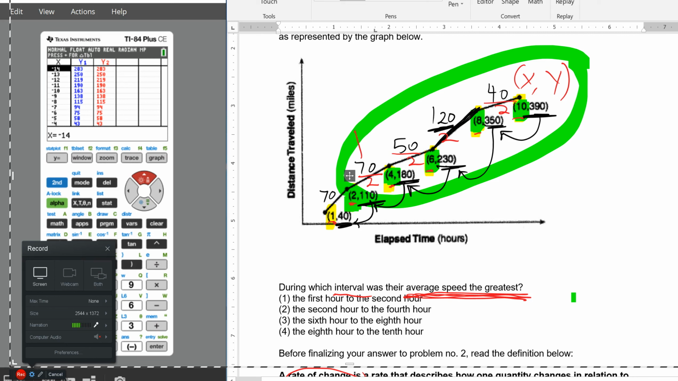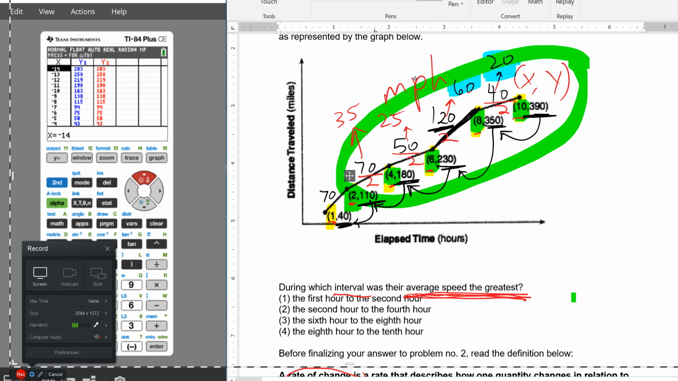If we divide these out by 2 to get our miles per hour, 70 by 2 is really only 35. 50 by 2, really only 25. Even this big number that looked so impressive before is only 60. And 40 by 2 is 20. So at this point,